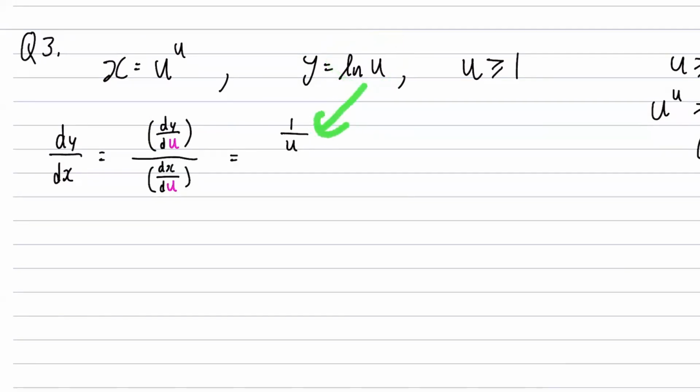Differentiate ln, you get 1 over u. Correct. Do you need modulus? You need, because it's more than 1. Correct. Okay. Then